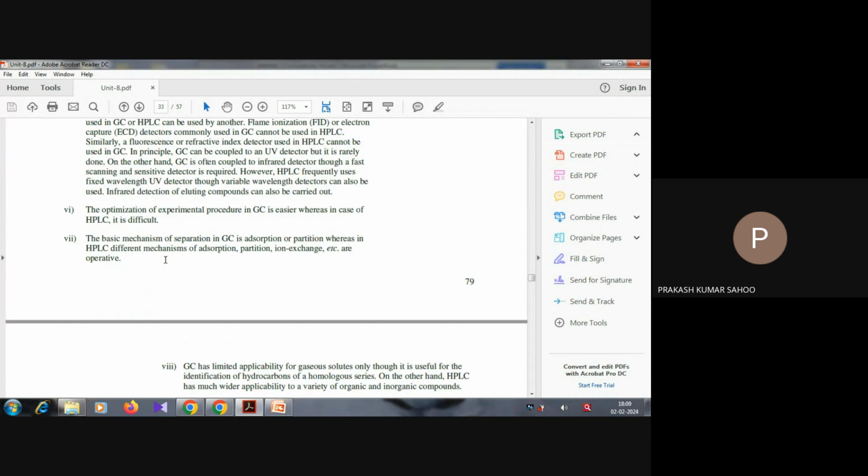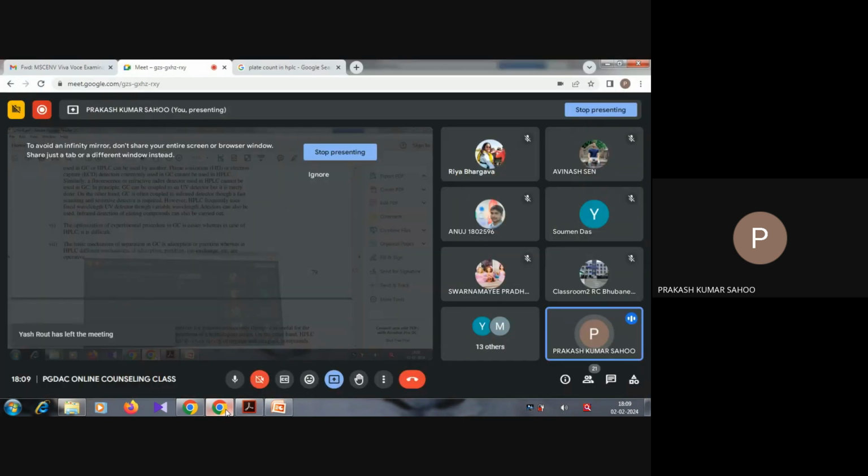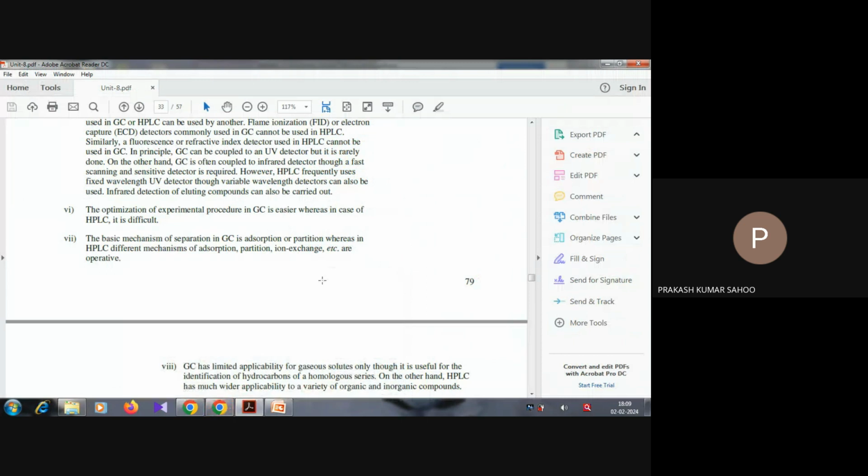The optimization of experimental procedure in GC is easier, whereas in case of HPLC it is difficult. The basic mechanism of separation in GC is adsorption or partition, whereas in HPLC it may be adsorption, partition, ion exchange, or size exclusion,